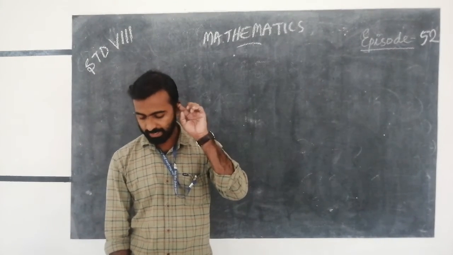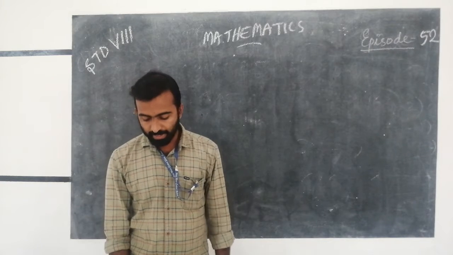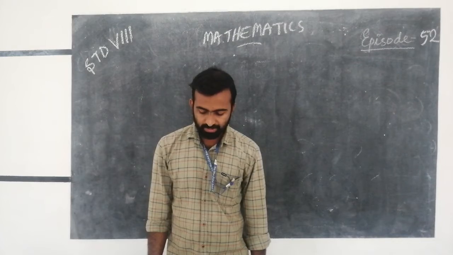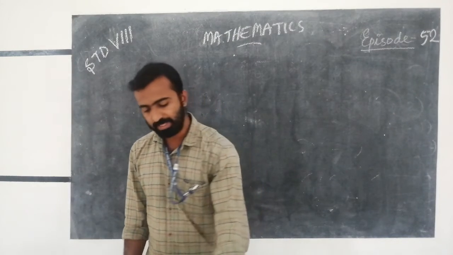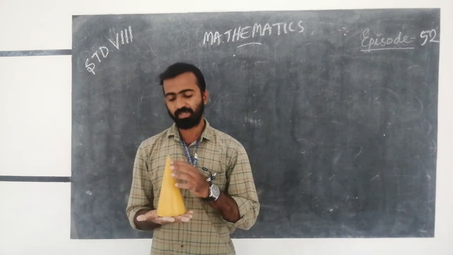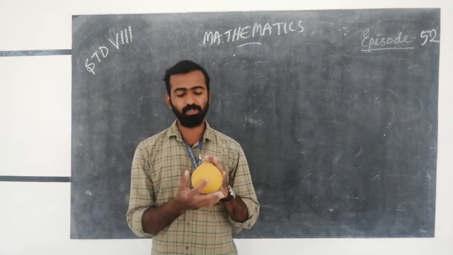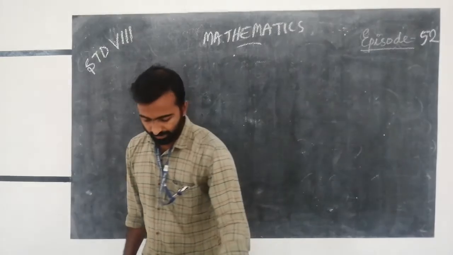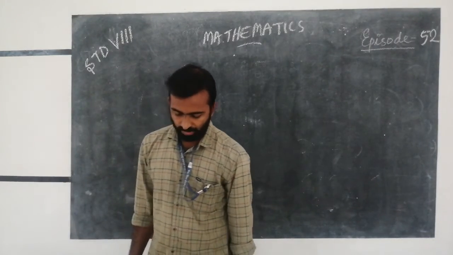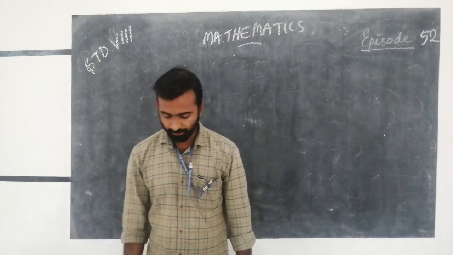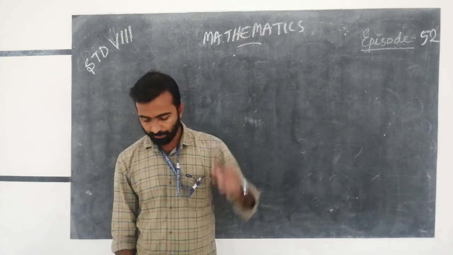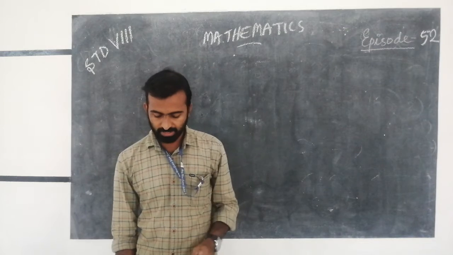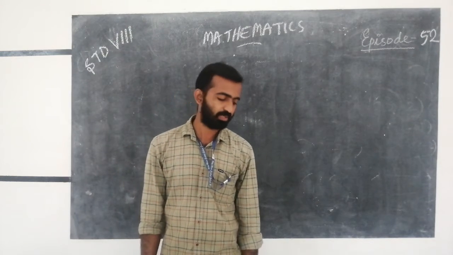The answer to the second question is, the pyramids and cones are alike in the sense that their lateral surface, that is, in a cone, what is the lateral surface? This one, and the base is this one. The lateral surface or lateral faces meet at a point called the vertex. Also, a pyramid becomes a cone as the number of sides of its base becomes larger and larger.